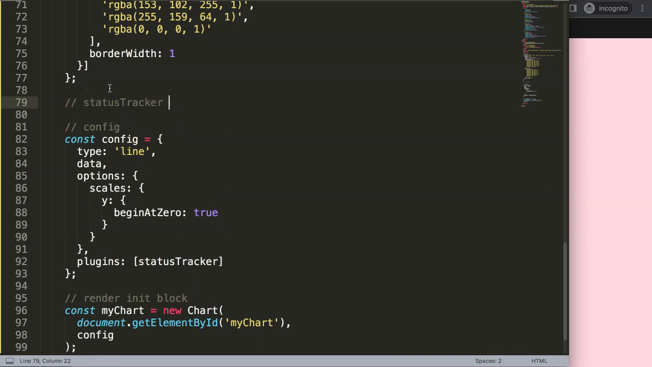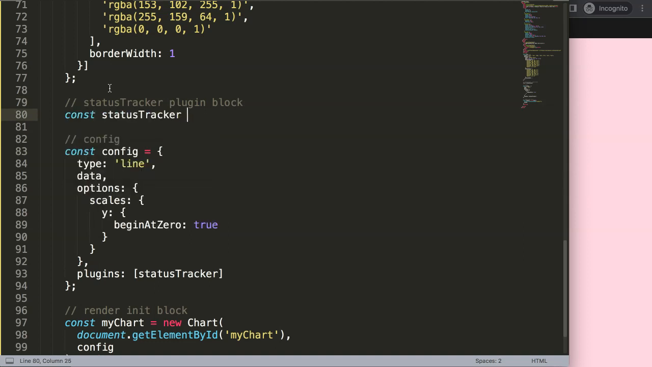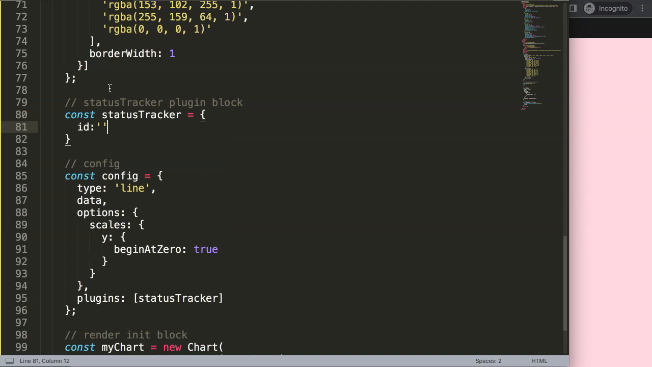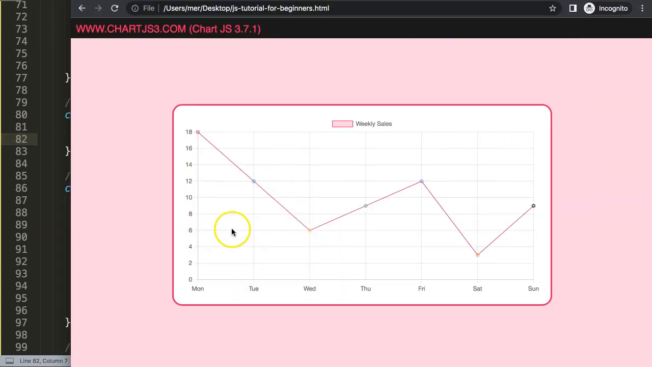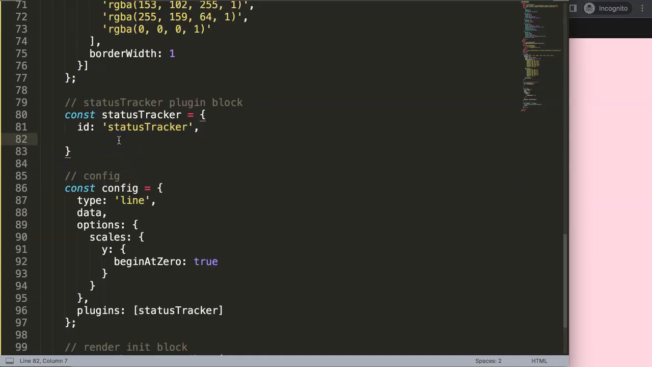So I'm going to say here a status tracker plugin block, and I'm going to say a constant statusTracker equals ID, and then a string value here of status tracker, although this is not really necessary, we can skip this because we won't be using that at all. And then what I'm going to say here is when will we draw these status lines here at the back. Well, in this case I would say we will draw them before the data set. So after the grid lines and before the dataset line has been drawn, we will draw this, and then on top of that there will be the line chart basically, or the data set. So we're going to say here before